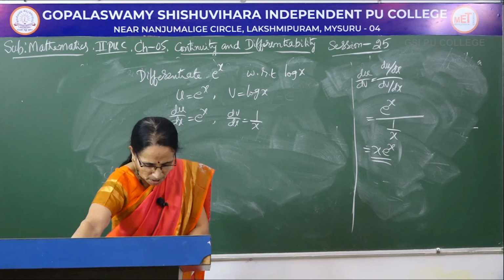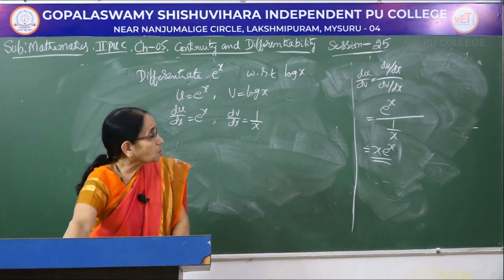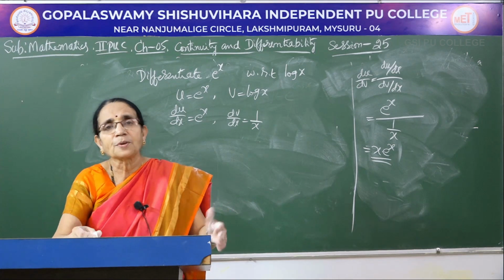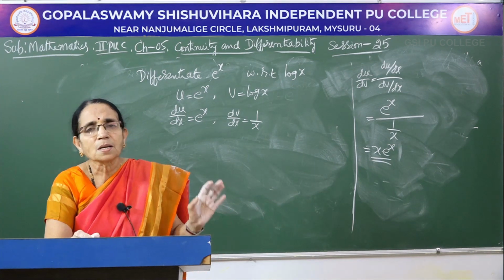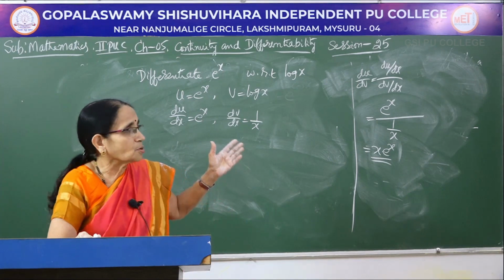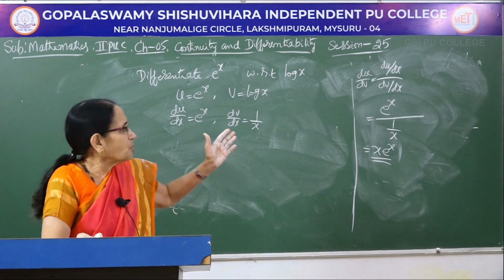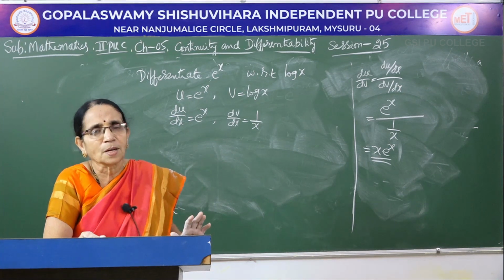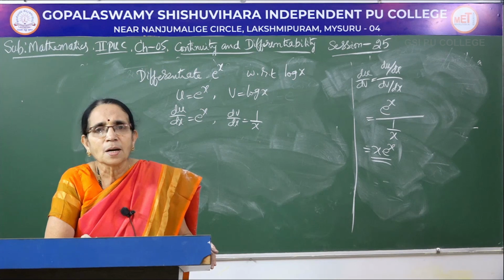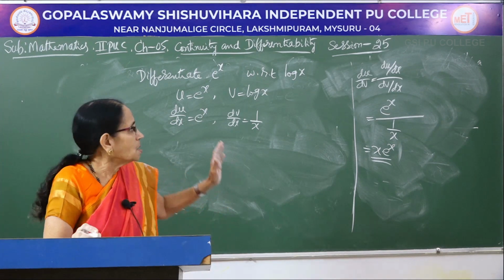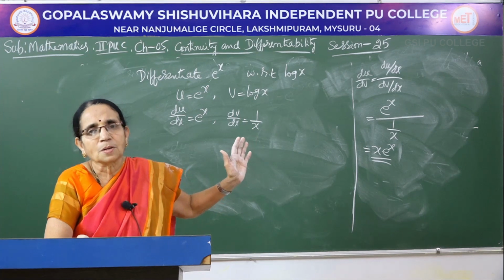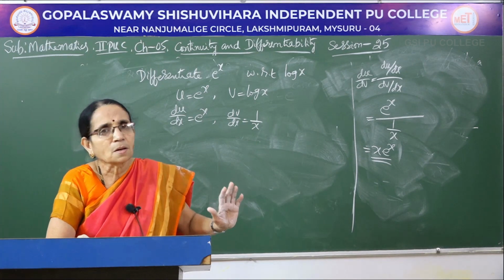So, you have to be careful whenever you come across the problem in the form of a sentence or a statement. Take the first function to be u, second function to be v. Of course, it is your choice, you can take any alphabet, preferably this one, so that you will not have any confusion. Then our aim would be to get the value of du by dv, because we are differentiating the first function with respect to the second function. So, here the parameter would be usually x, the third variable.